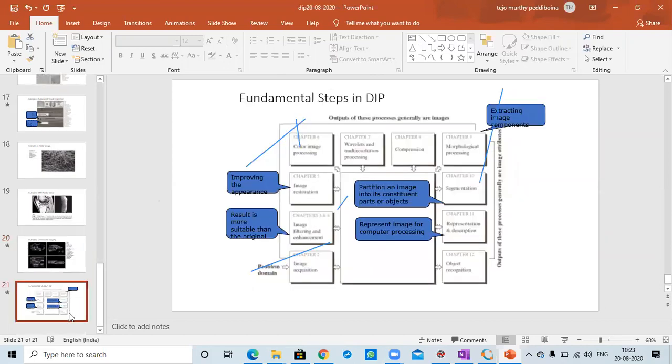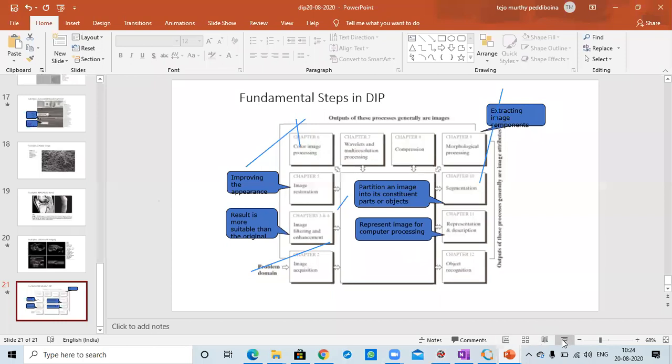So then how to do all this processing with our image processing? So let us start our class. Actually, this is about our processing part, the digital image processing part. And I will share these slides in your group also. If the image is not clear, no need to worry, I'll zoom it also.